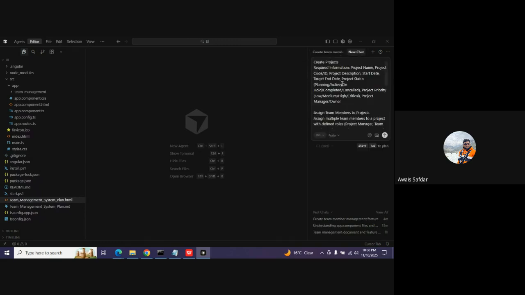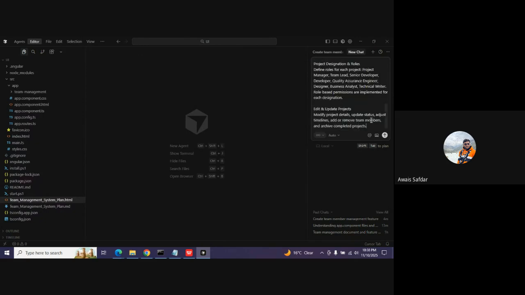I just copy that part of the document and paste it here and ask Cursor to please generate